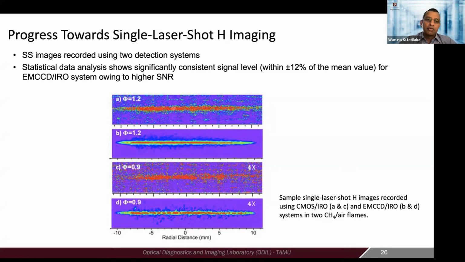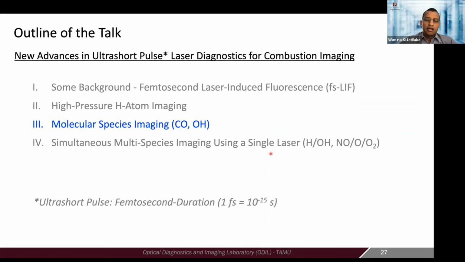So this is the original measurement which was shown in the previous one. The frame B and frame D show the improved camera setup using an EMCCD camera. The only limitation there is these cameras don't go at kHz-rate, so the measurement frequency gets a little lower. But nevertheless, we can increase the signal to noise ratio, and the method gets even more promising going into high pressure applications when you have EMCCD cameras coupled to these intensifiers. So with that in mind, let me quickly go through two of the molecular species.